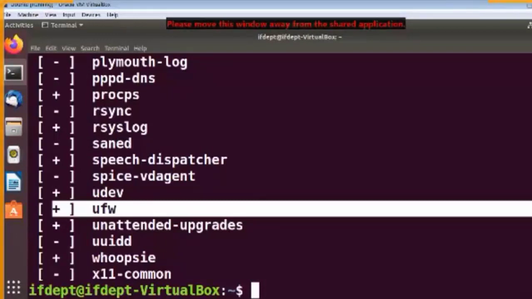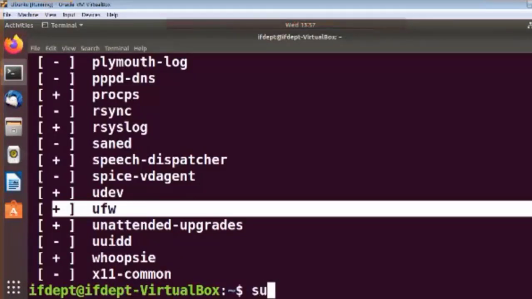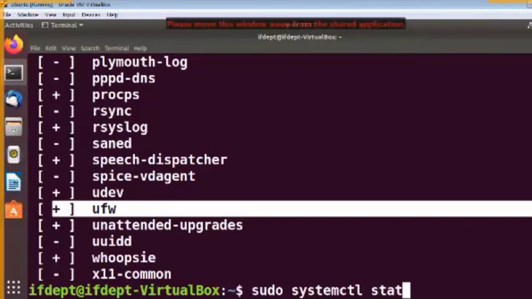So what is the command? You have to be root and super user to run this command. So I will type here sudo systemctl status UFW. I am telling the system I want to know the status of UFW.